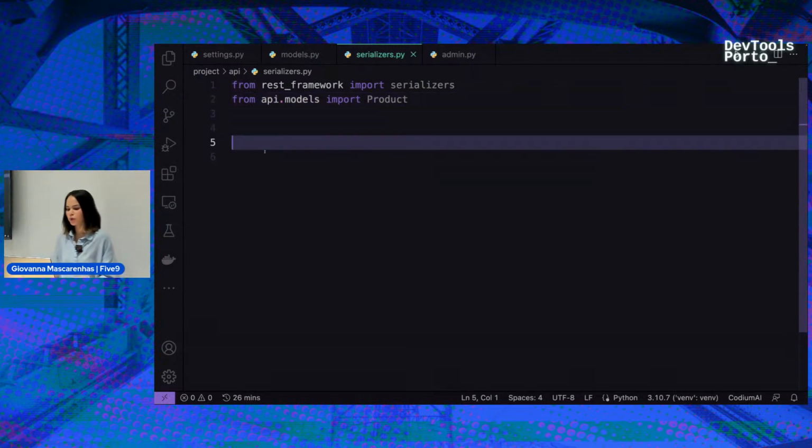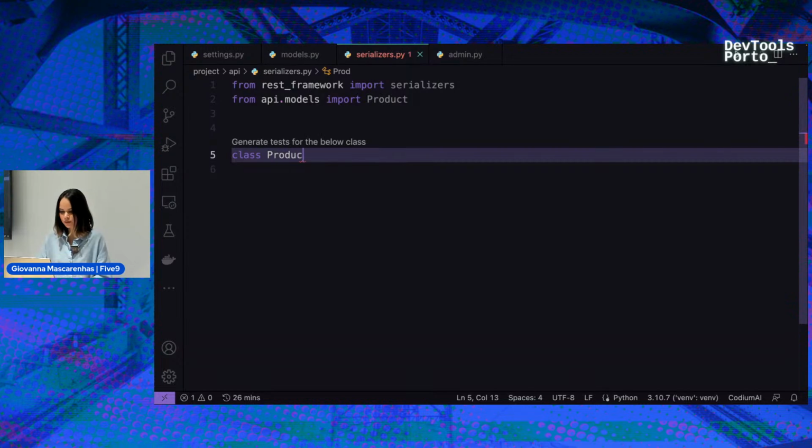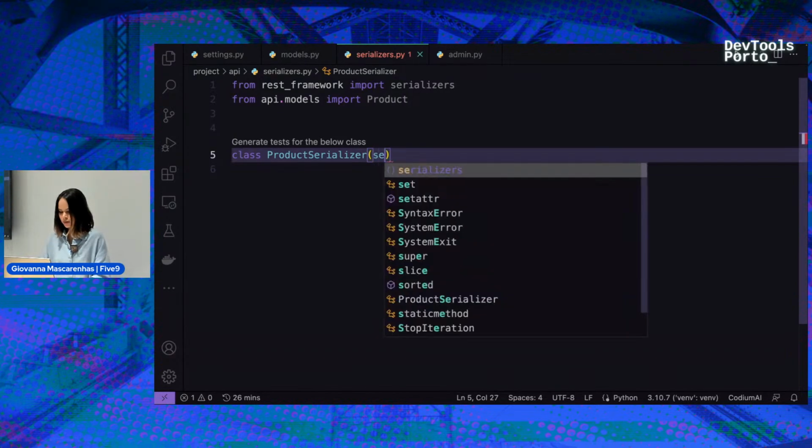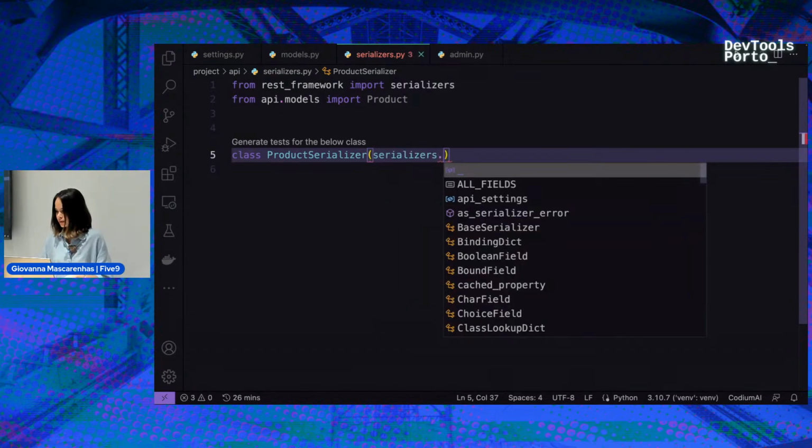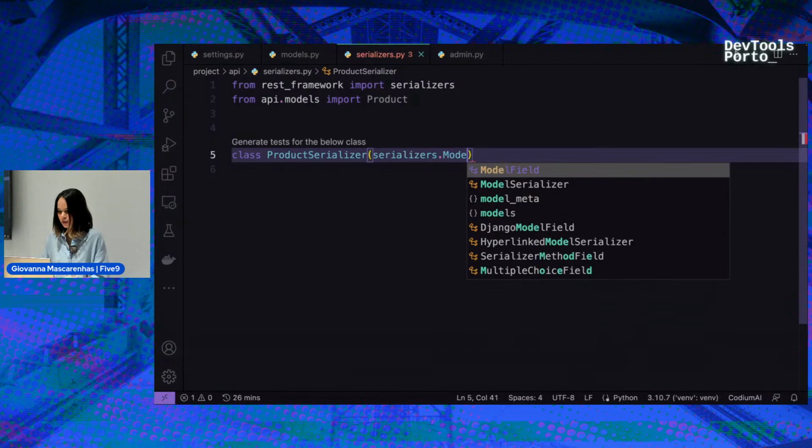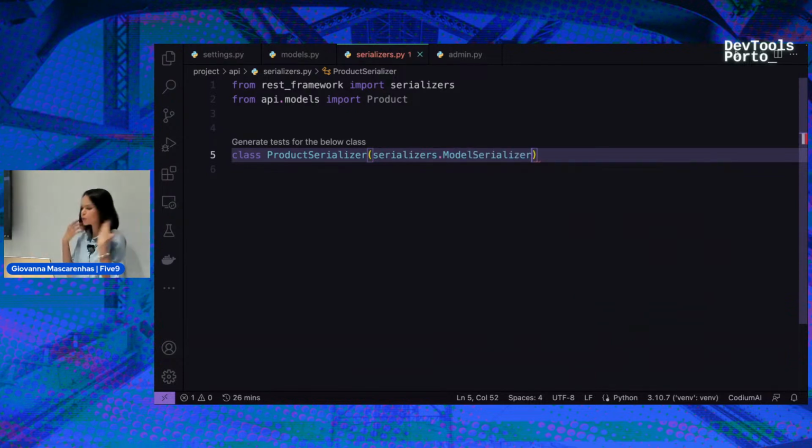And now we need to create, the same way that we created our model, using classes. So product serializer. And we're gonna call the serializers.ModelSerializer because we are using the model. If you don't want to create the serializers using your model, you can use another package.